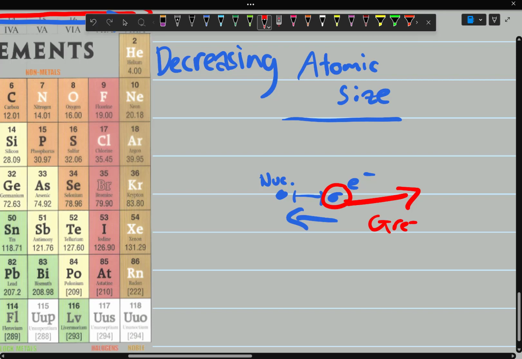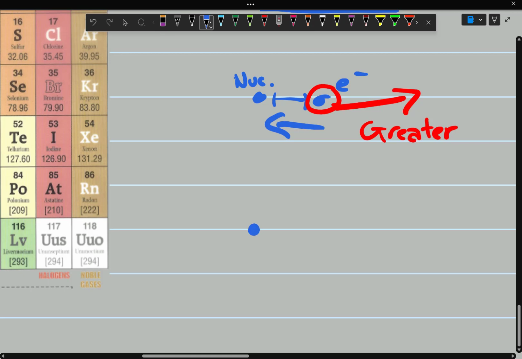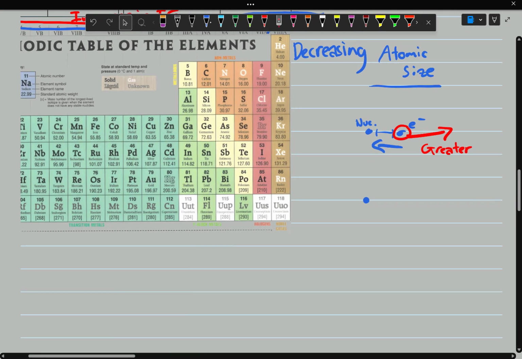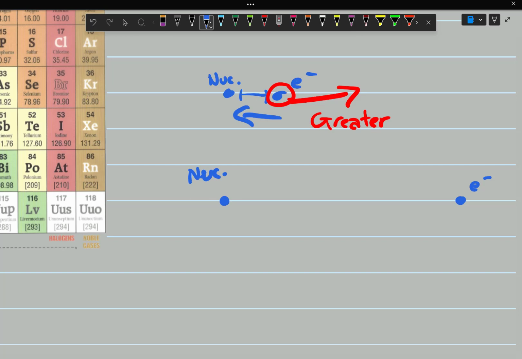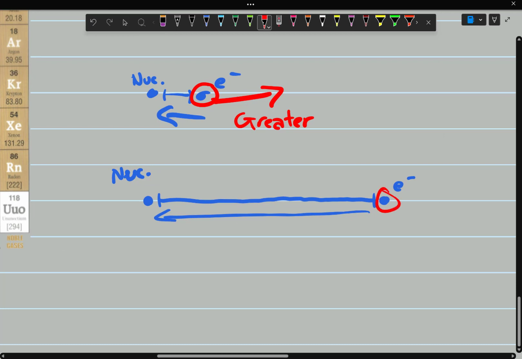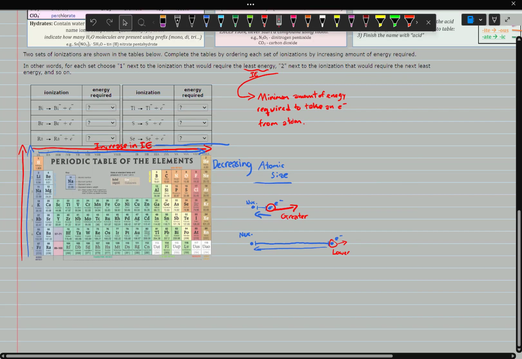greater than the amount of energy required to remove an electron from something like francium, which will have an electron all the way over here. And so it'll experience a lot less of an attractive force. And so the ionization energy is a lot lower for something with a big atomic size. So with that being said,